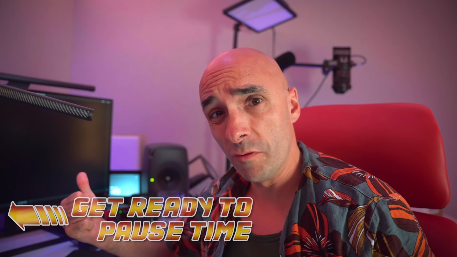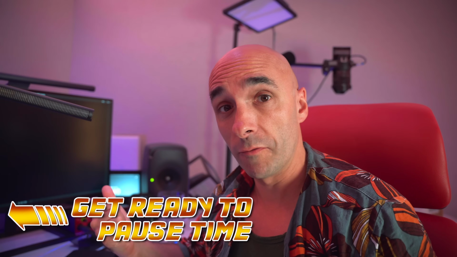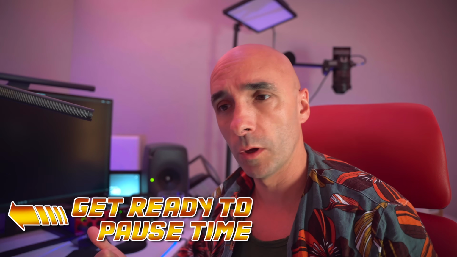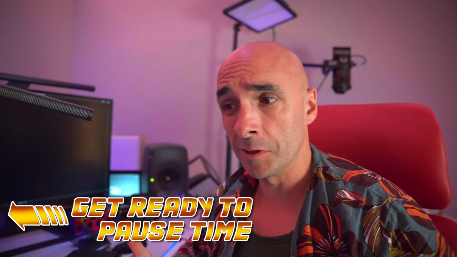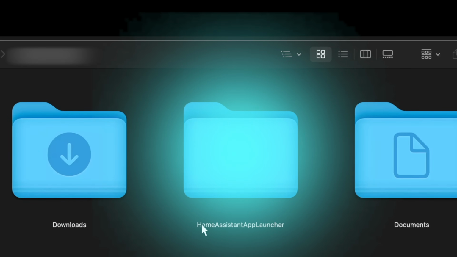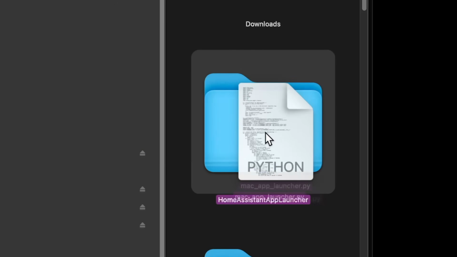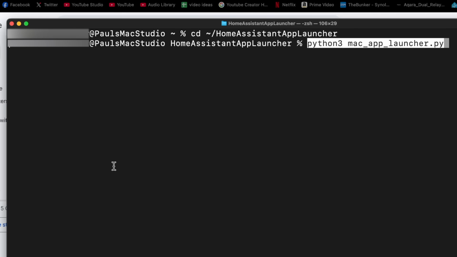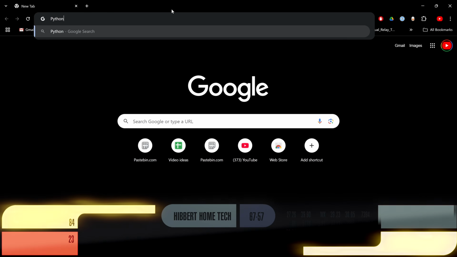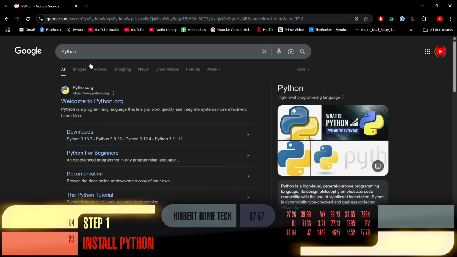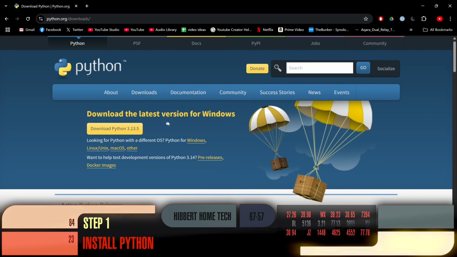I'm going to run through these instructions pretty quickly, so get ready with your pause button if you intend to follow along. But basically, all you're actually doing is putting a folder on your computer, downloading a file, putting it in the folder, opening up a command prompt, typing some text and pressing enter. Really is quite simple. So if you want to be able to simply control either your Apple Mac or your PC using your mobile phone, then that is so easy thanks to my script.